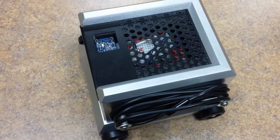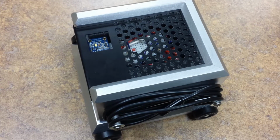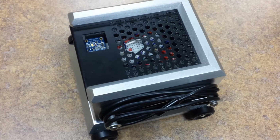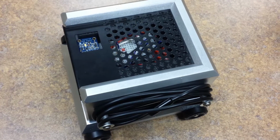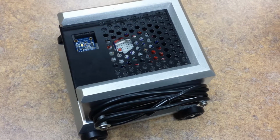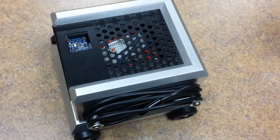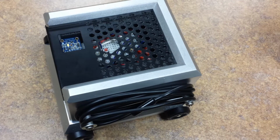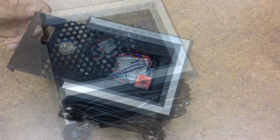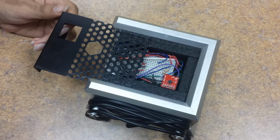As you can see, we encased our project within a silver wooden frame with a metal top. The top portion has holes to expose the color sensor and the calibration button for the accelerometer. Furthermore, the temperature sensor is attached to the side of the case and can be neatly wrapped around two protruding screws. The case also has wheels for setups in physics labs with the accelerometer. Finally, the circuit boards are surrounded by cushioning foam, and the metal piece can be slid out to allow easy